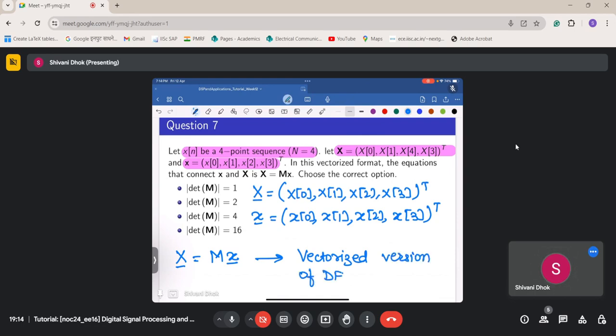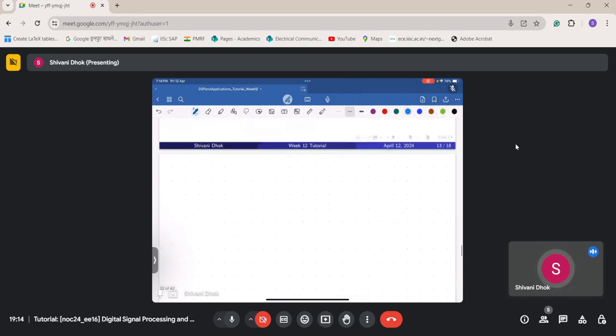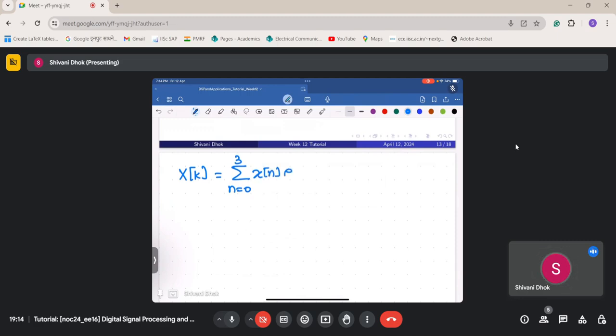Okay, so now let us try to construct this particular matrix M. So this M is an N cross N matrix. Now just look at capital X of k for some value of k. So this is equal to summation n running from 0 to capital N minus 1. N is 4, so 3, of x of n into e power minus j 2 pi k n by 4, that is equal to summation n running from 0 to 3 of x of n into e power minus j pi k n by 2. And I can write this as x of 0